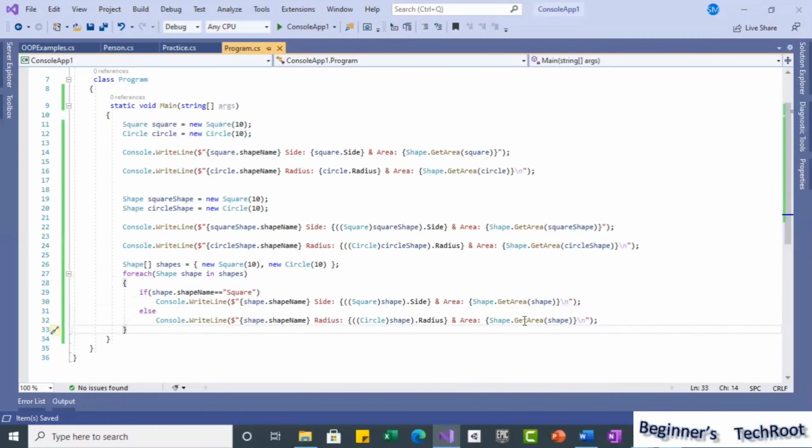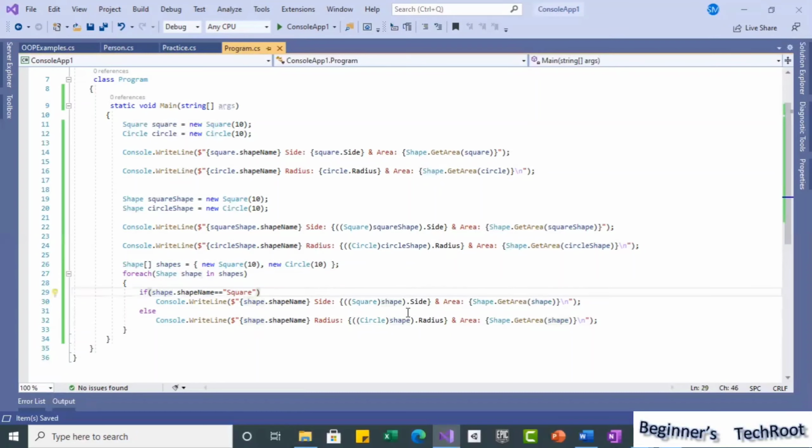So you can understand very well that we are calling the same GetArea, and here also only shape we are calling, but based on this shape type, whether it is a circle or a square, the respective calculation happens. That is where the polymorphism is happening.